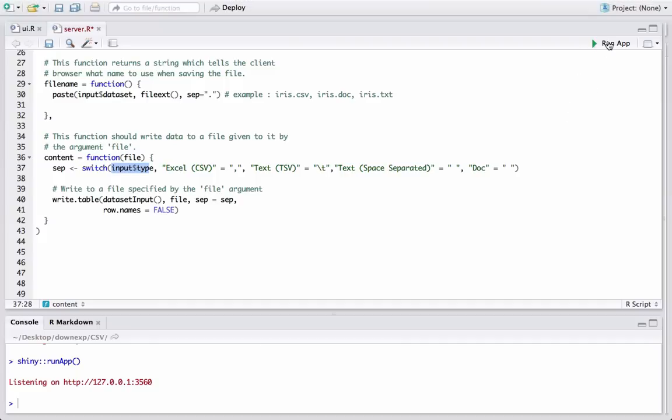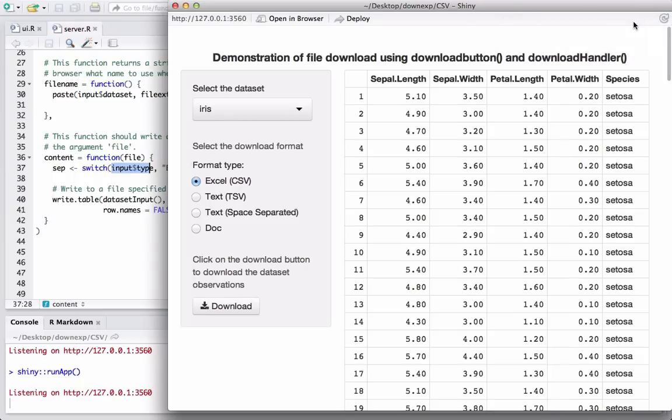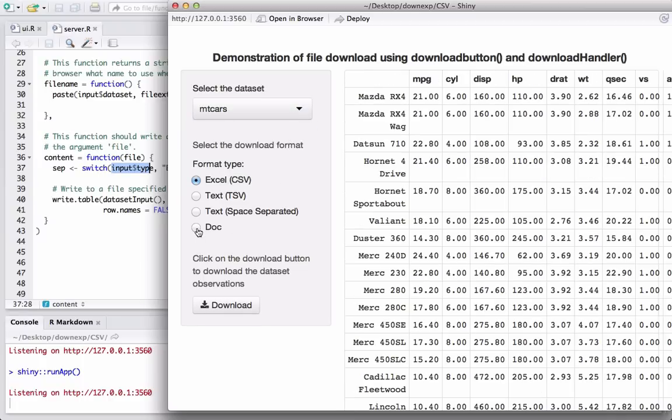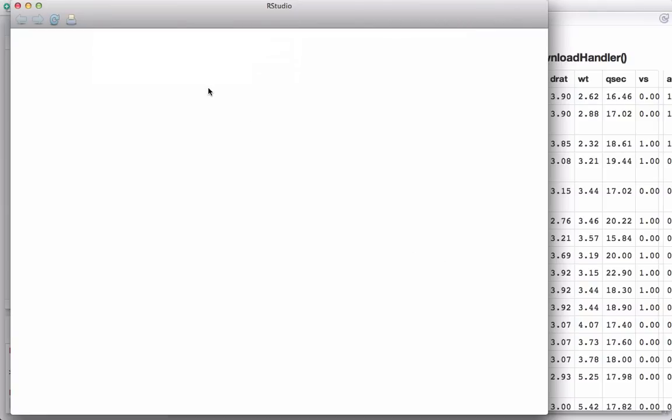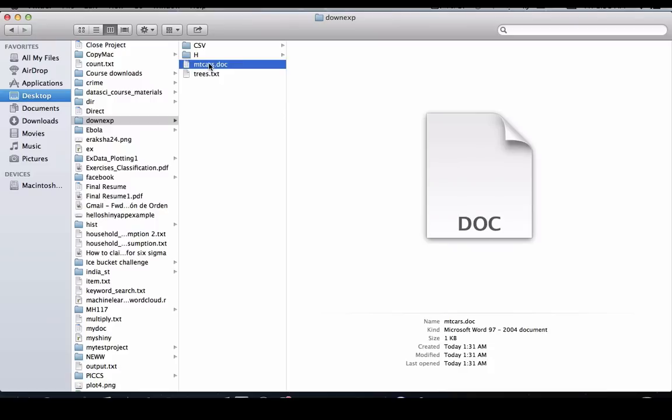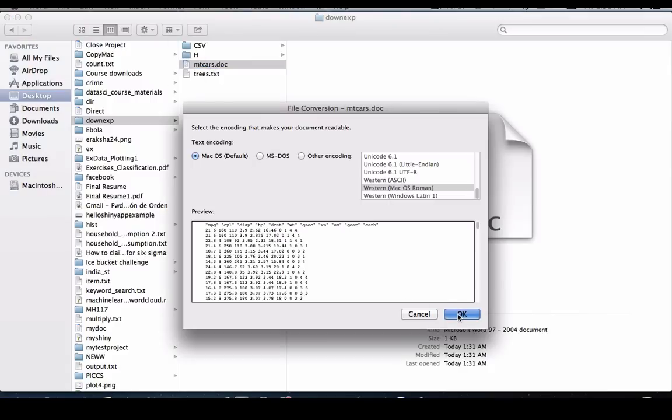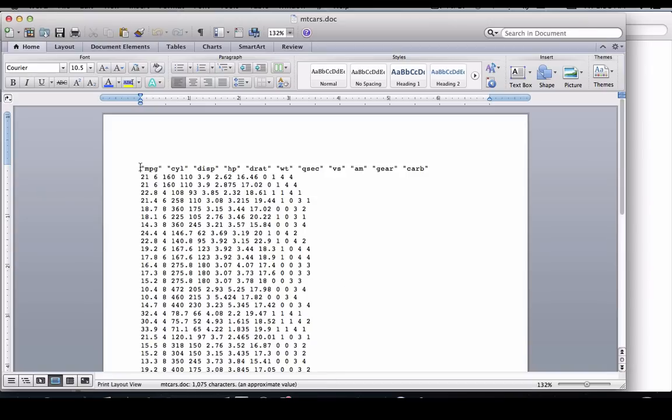So if we run this app, we should be able to use the app now. Okay, so we'll start with mtcars this time, and I want the file format to be doc, and so I click on download mtcars.doc. Okay, save. Okay, it's saved. Let's go ahead and see the file. Okay, here we have the file mtcars.doc, and I'm trying to open it, and you see that we have the data in